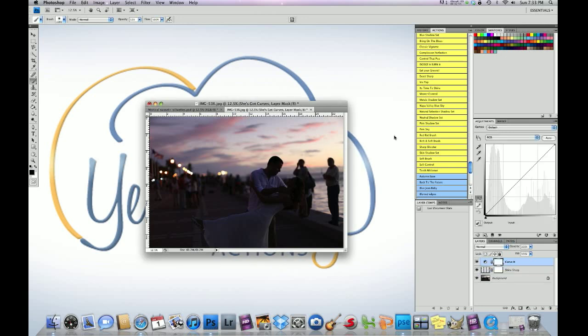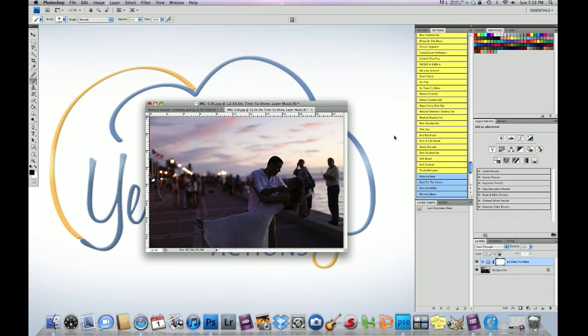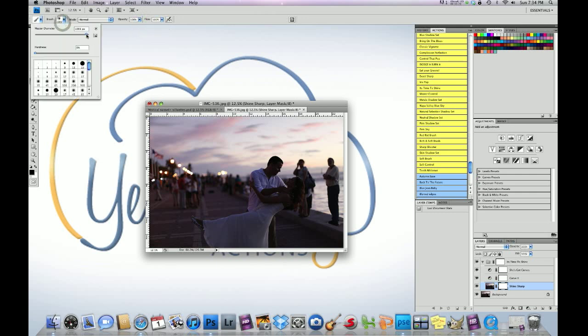We used 7 different actions on this image, so I'm going to go into complete detail on how I achieve that look. Okay, so we've got the action It's Time to Shine, and we are going to go into this action and click on the Shine Sharp mask. Make sure the foreground is black, and I've got the paintbrush right here, and at 100%, I'm going to brush off